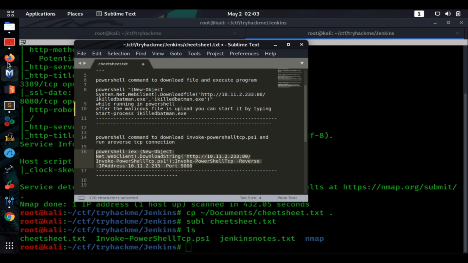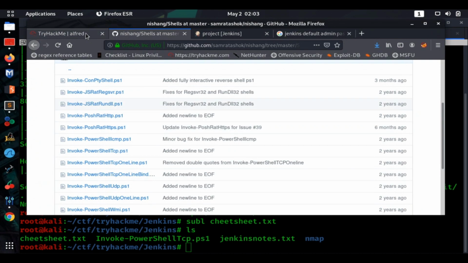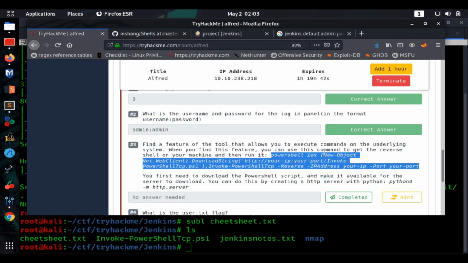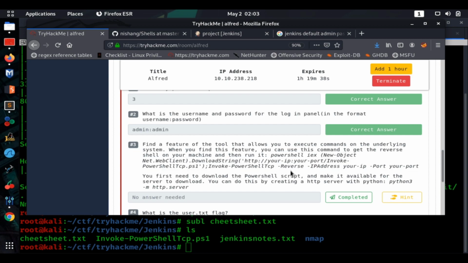So when you get to here, just copy this, so you don't get confused. It says reverse, and then IP address, and where it says your IP address, that's where you put your IP address. Where it says port, you put your port. All right, so now that we got that,